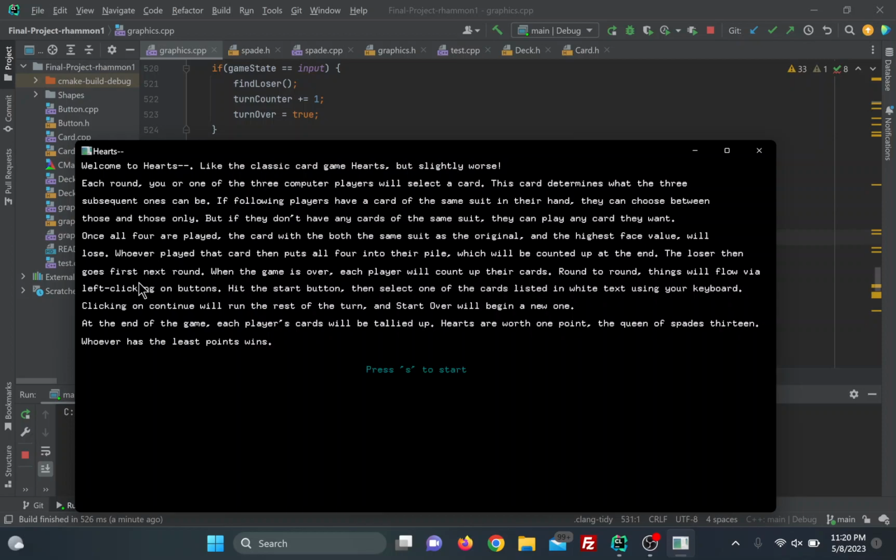This is where we get back to hearts. If you choose to respond to that spade and don't have any spades with a heart, then that's what's called breaking hearts, which means the next first player can choose to play a heart. At the end of each round, when all four players have placed their cards down, the one with the highest face value matching the original suit will be the loser card, and then whoever played that card that lost will